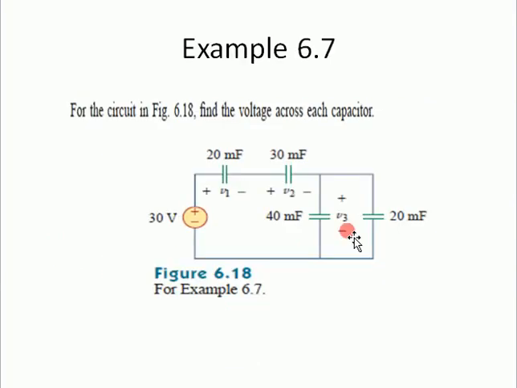Now in the next example, we have to find out the voltage across each capacitor. Here we are having the 4 capacitors. Let's suppose this is C1, this is C2, this is C3 and this is C4. We have to find out the value of V1, V2, V3. Here the V4 is not mentioned because this 20 millifarad and this 40 millifarad are both in parallel with each other, and in parallel the voltage remains the same. So when we get the value of V3, that will also be the value of V4, that will also be the voltage of this 20 millifarad. So now let's solve this question.